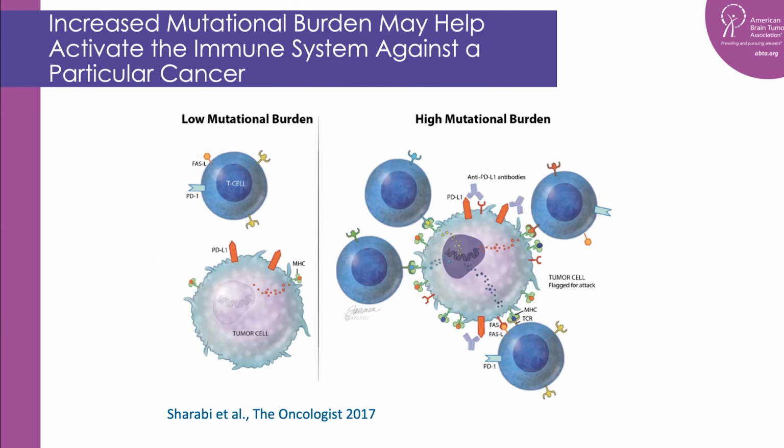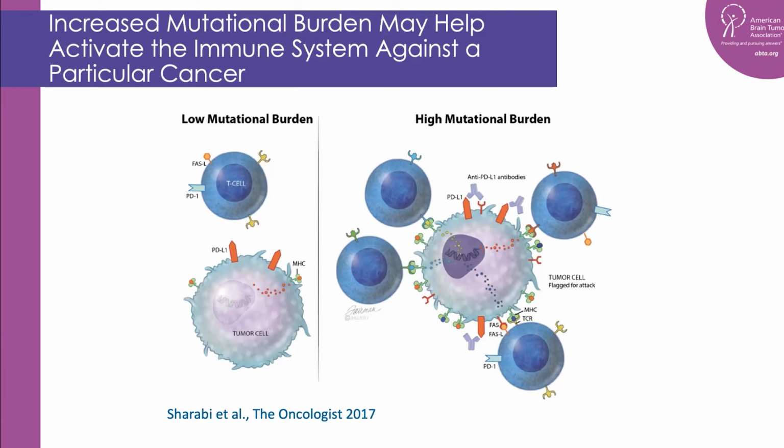So one idea is the more mutations a cancer has, the more abnormal proteins it has, and the higher the chance the immune system can recognize it as abnormal. So that leads to this idea that in tumors with higher mutation rates, you can add something that blocks that inhibitory signal and hopefully allows the immune system to recognize all these abnormal proteins, all these multiple mutations, and activate